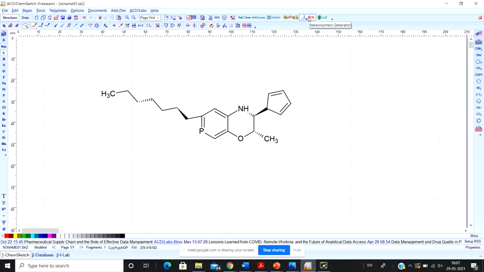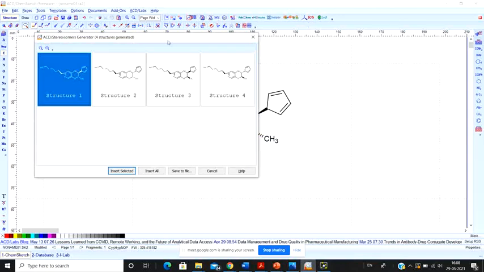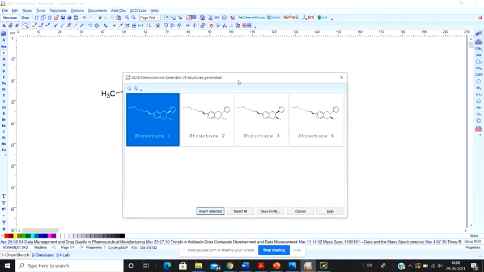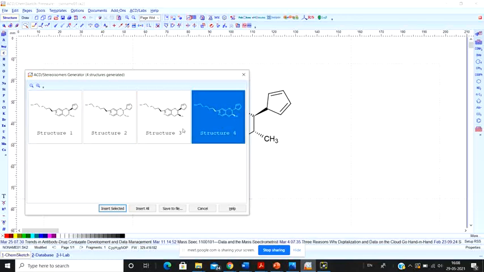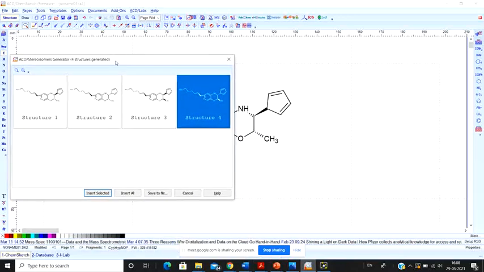This is a stereoisomer generator. Once you design a molecule or draw a molecule, simply select this R and S, and it is going to analyze the structure and automatically generate the different structures. Now it is up to you to select the structure that you want. For example,